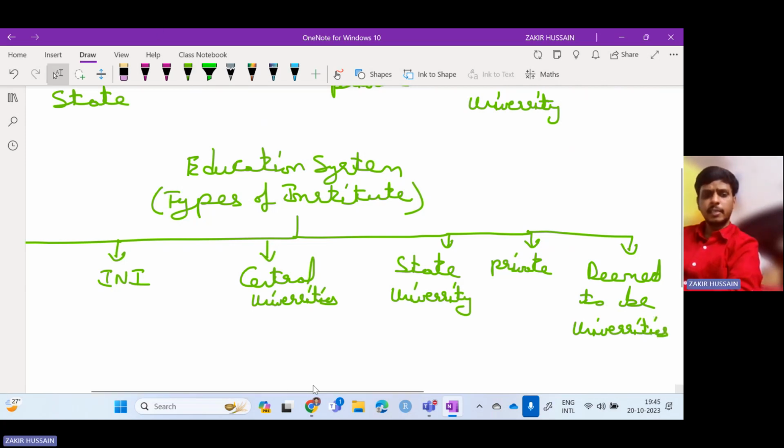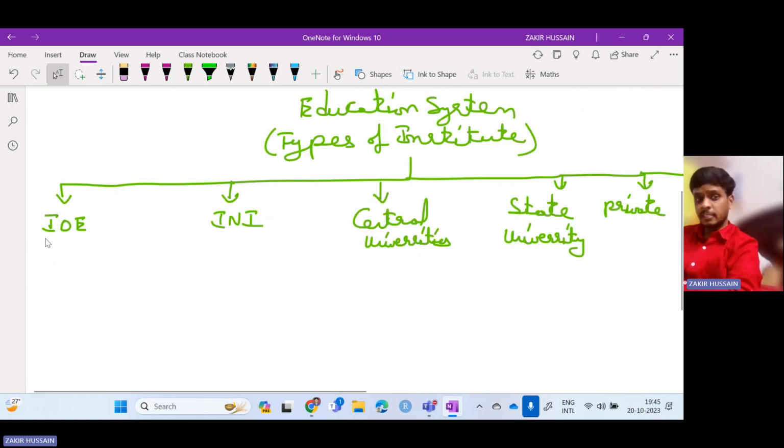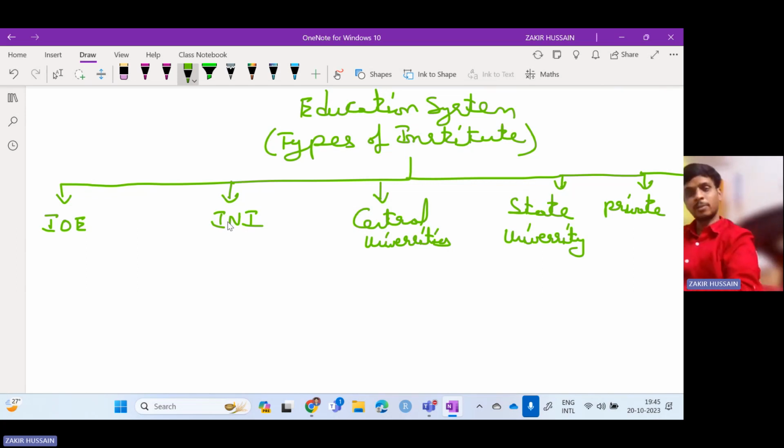Okay, let's see each one by one. More stress will be paid upon the Institute of Eminence and Institute of National Importance categories. Every student who is dreaming of going for quality education can concentrate on these two or three categories. I'm not saying anything against the other institutes, but these have government funded universities. They will have quality, and the fee structure will be somewhat lower compared to the private entities. We already know that one.